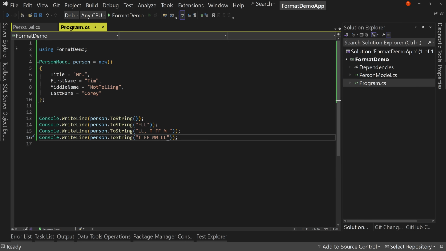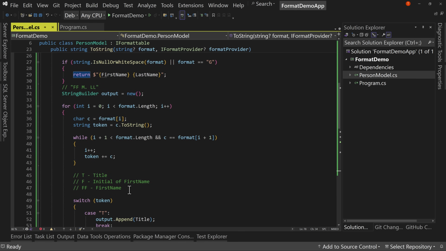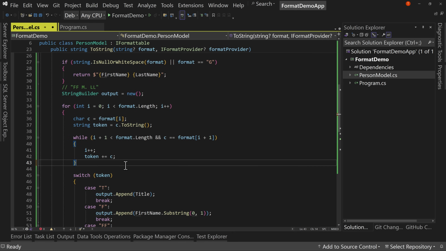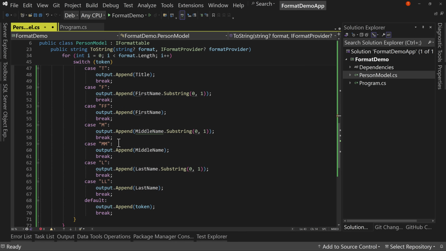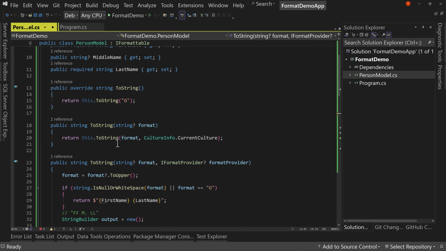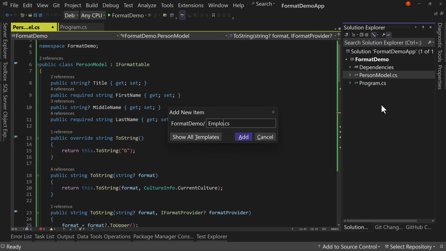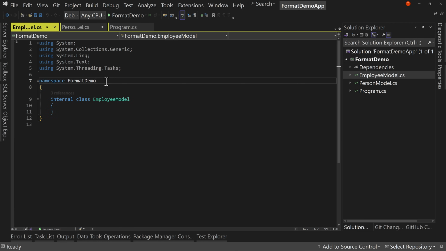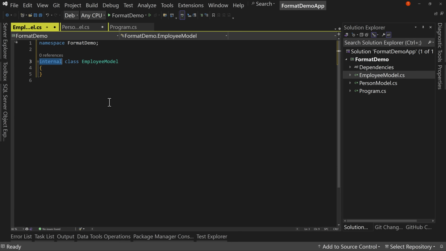Now, let's say you get lost in this more complex version. By the way, you can take this and basically just dump this in and just change your switch statements and handle any kind of formatting you want. But let's just say that was a little much for you. No problem. We're going to create another one. Let's create an employee model, and let's redo this. Let's clean things up, make it public,